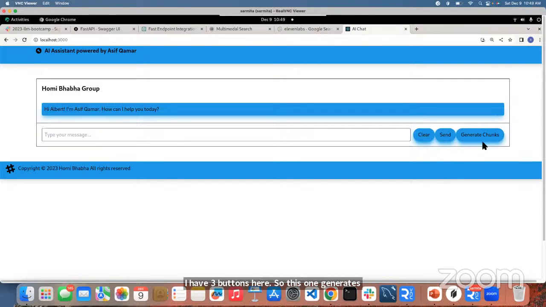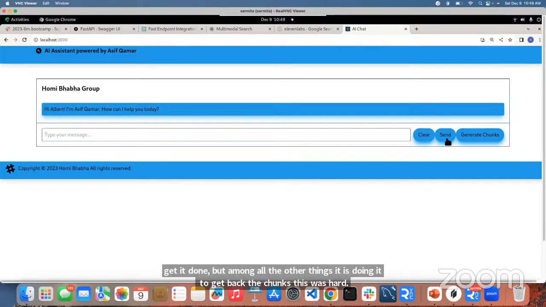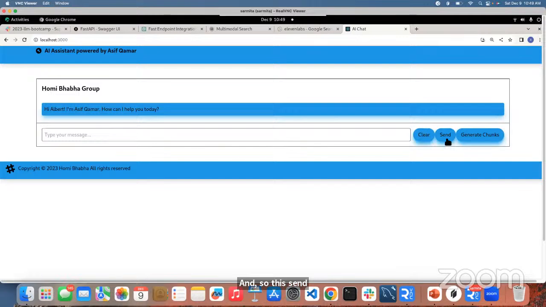I noticed that everybody wanted to also show the chunks, and Asif wanted to know what exactly is returned by the cross encoder. This part was really difficult. I wanted to get it done, but among all the other things it is doing, getting back the chunks was hard. And so this send part, as I said, sends the query to the microservice,